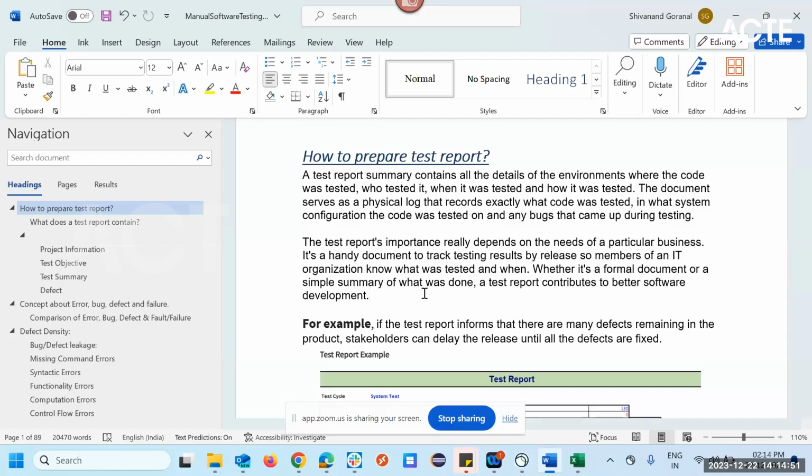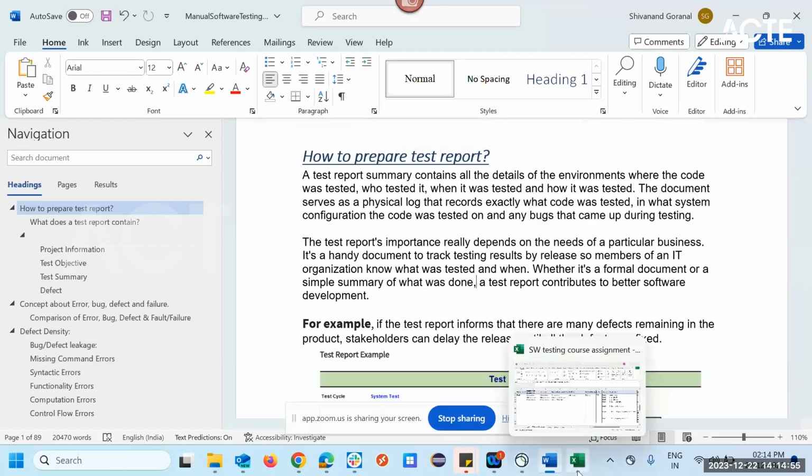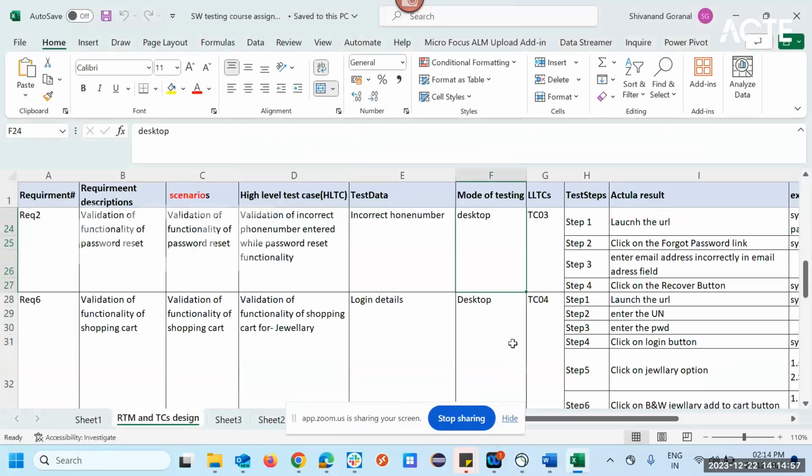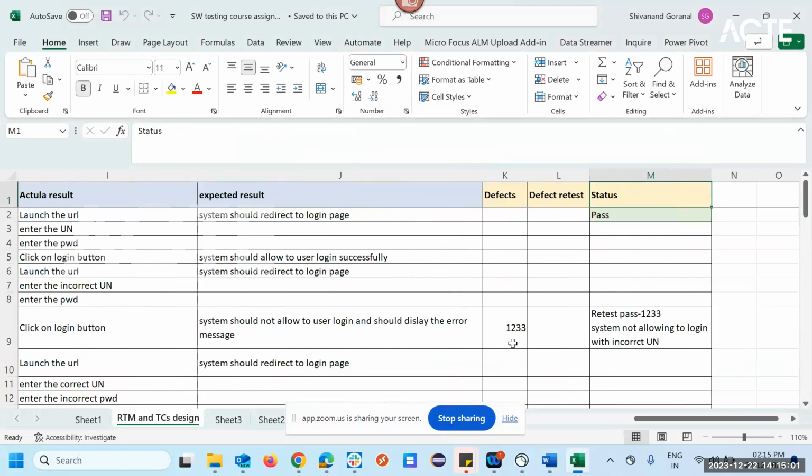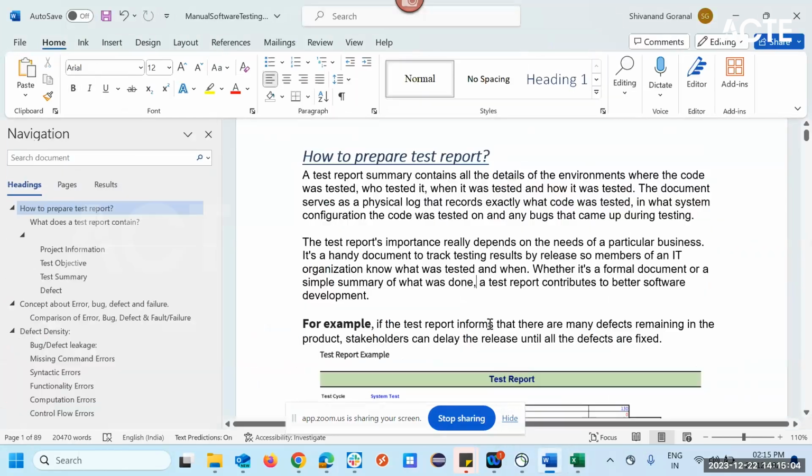Now we'll go to the next topic, how to prepare a report. So what is a report? We have designed the test cases and started the execution, and we mark pass and fail, which is the status. A test report contains all the details of the environment where you are